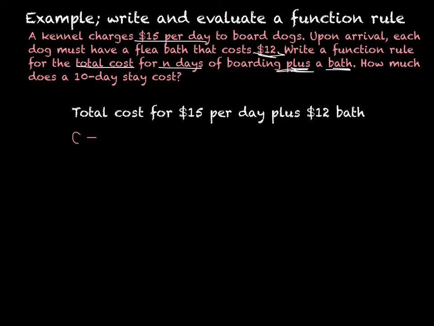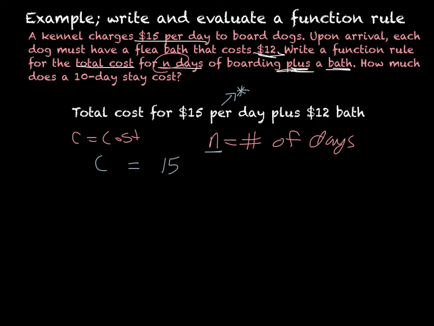So let's call C the cost, and let's see, per day, and I said n number of days, so n is the number of days. Okay, so when I'm writing this out, the total cost is going to equal something. So C equals $15 per day. So each day was n. So remember when I said per, we were talking about multiply. So 15n, or 15 times n, plus